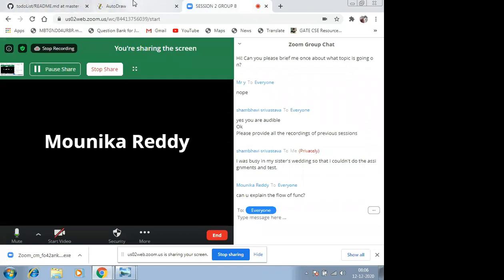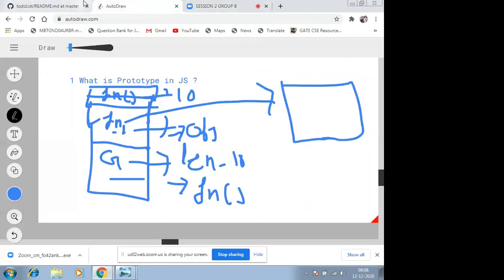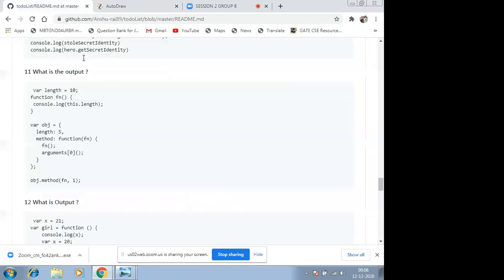Is it clear, Monica? I've found out why arguments of 0 will call the fn function. Why will arguments of 0 call it? Because we are passing fn right here. No, first we called fn, right? Yes. And then again, why will arguments of 0 go to fn?